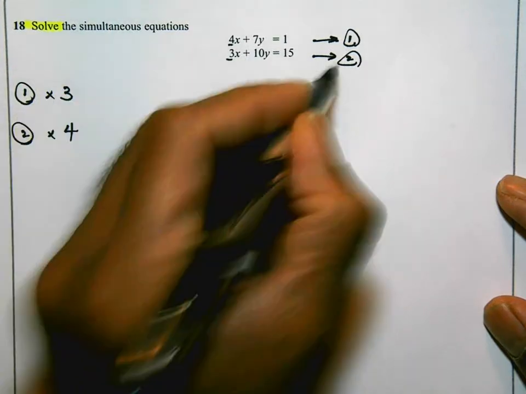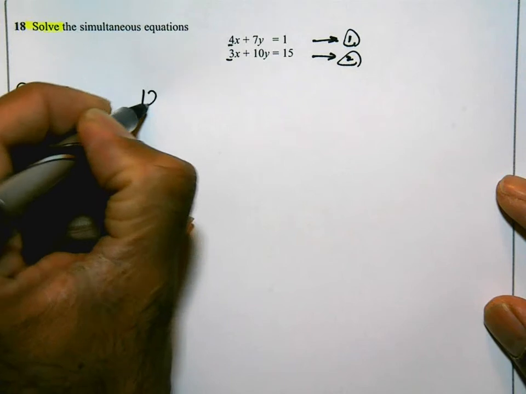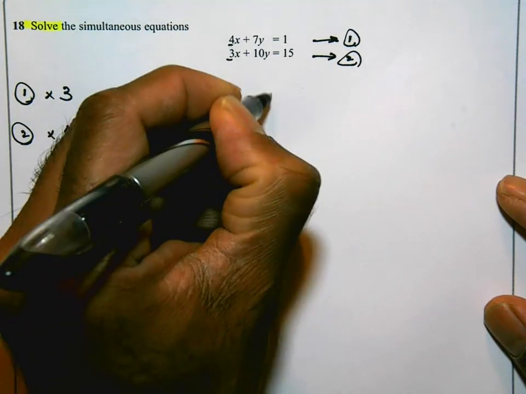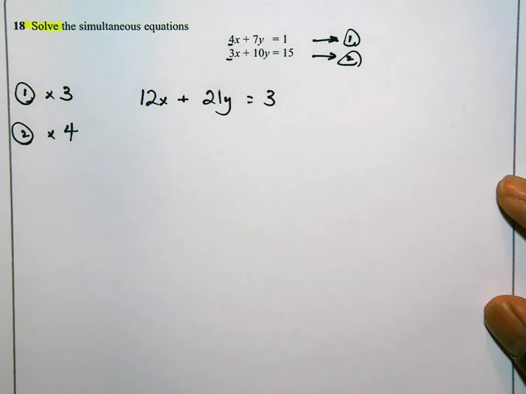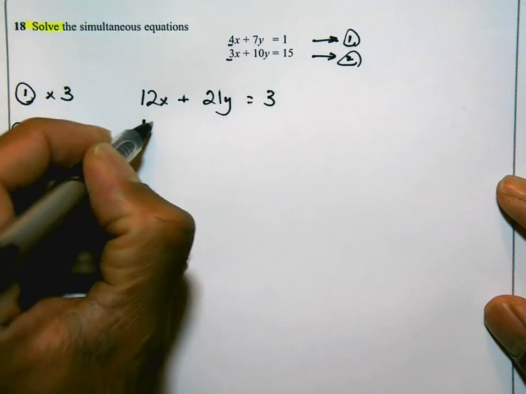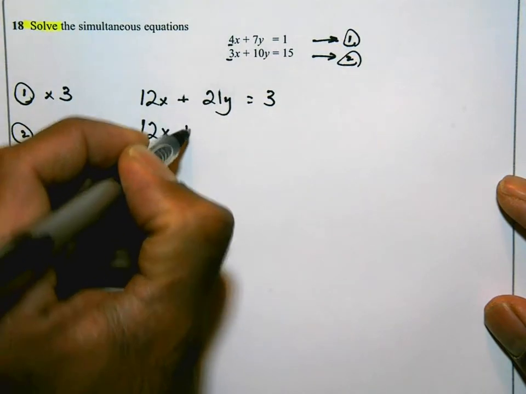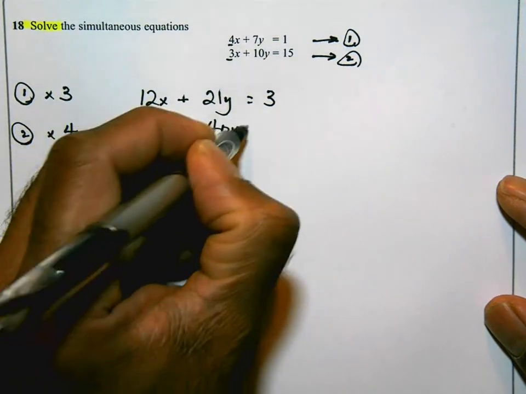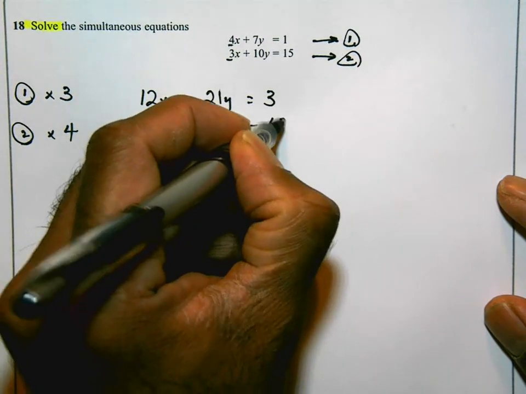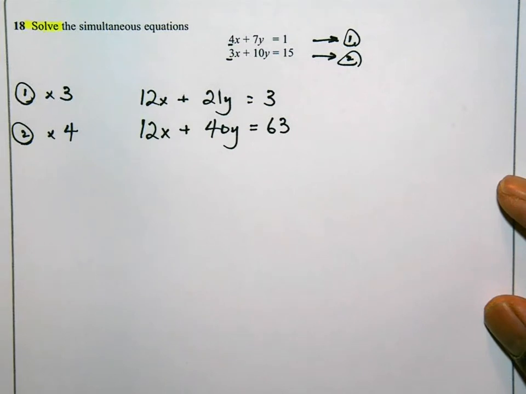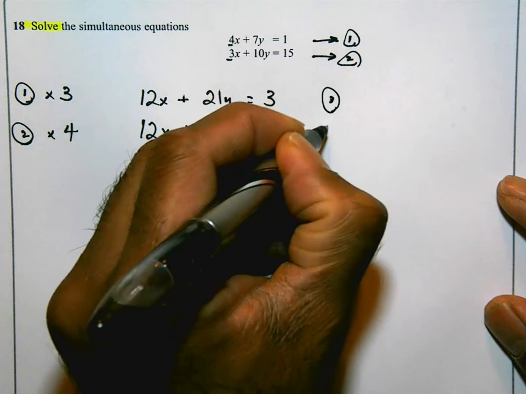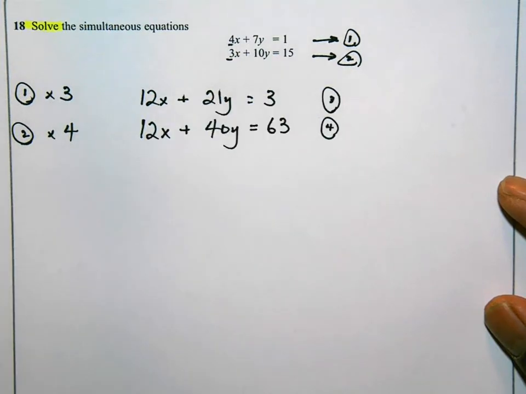Equation 1 times it all by 3 gives you 12x plus 21y is equal to 3, times everything by 3. The second equation, I'm going to times everything by 4. So that gives me 12x plus 40y is equal to, and then times 15 by 4, which gives me 63. Okay, at this stage, I'm going to name these equations again. I'm going to call that 3 and call that 4 because I want to describe what I'm going to do